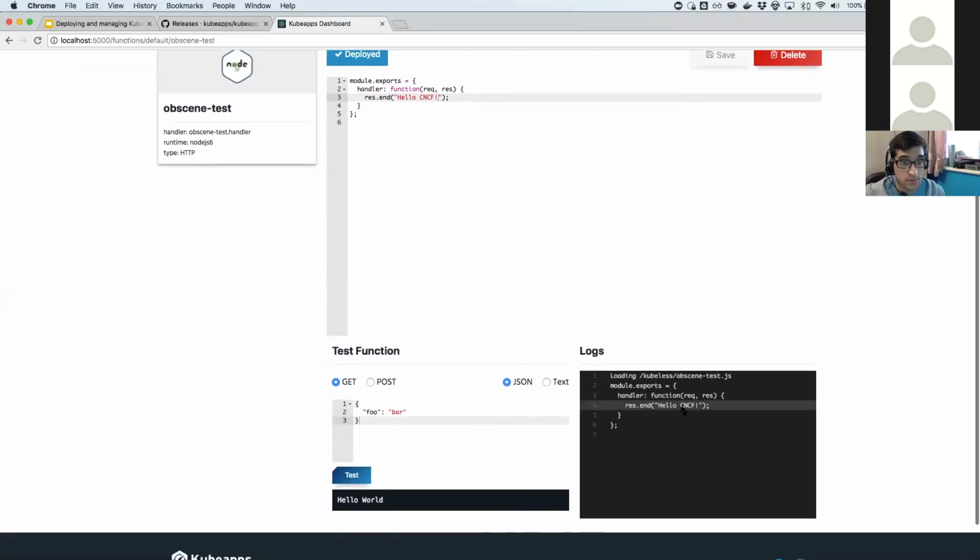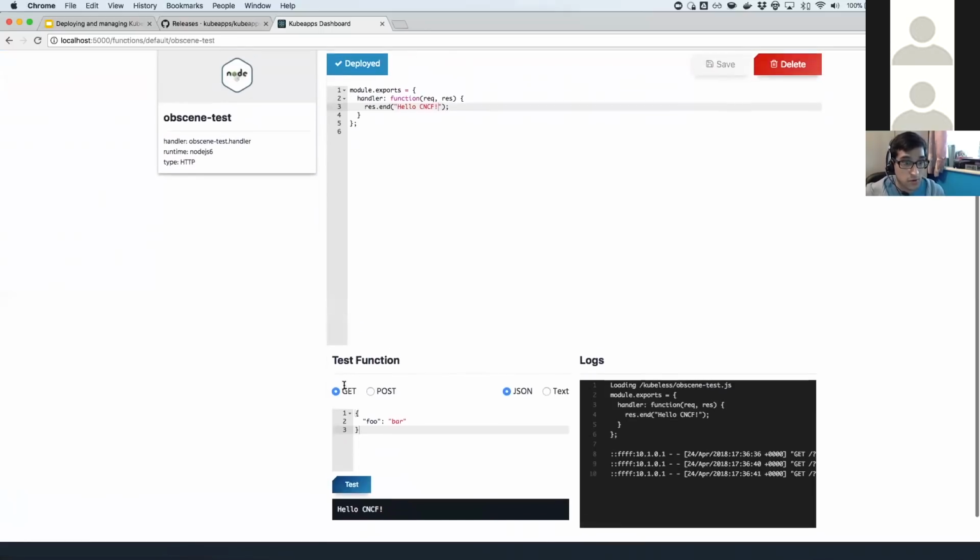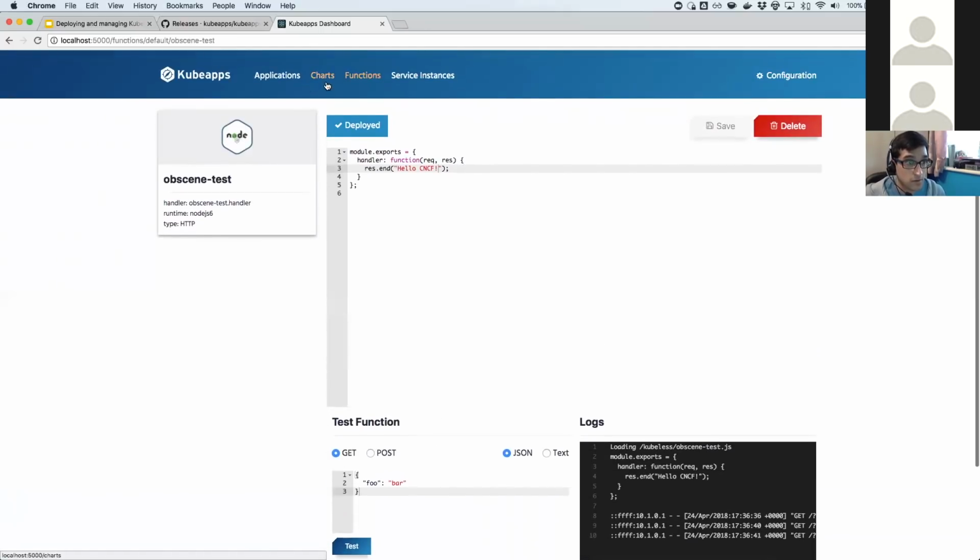And once it's deployed, you can see that it's loaded this new function. It's printed out here, and if I refresh this here, I get hello CNCF. You can obviously do more interesting things here. One of the things I can do